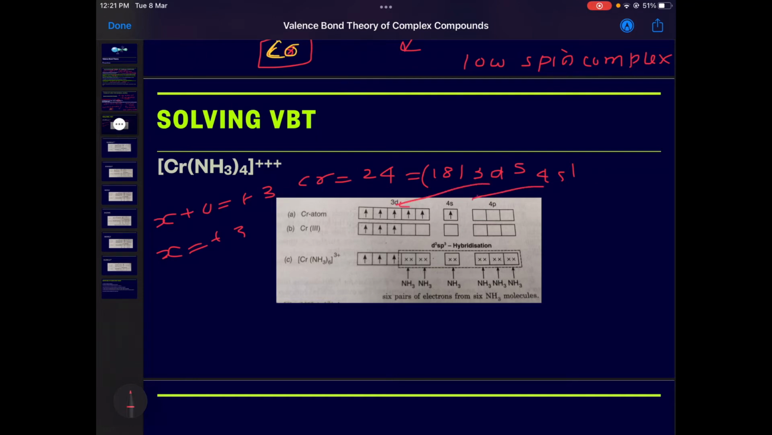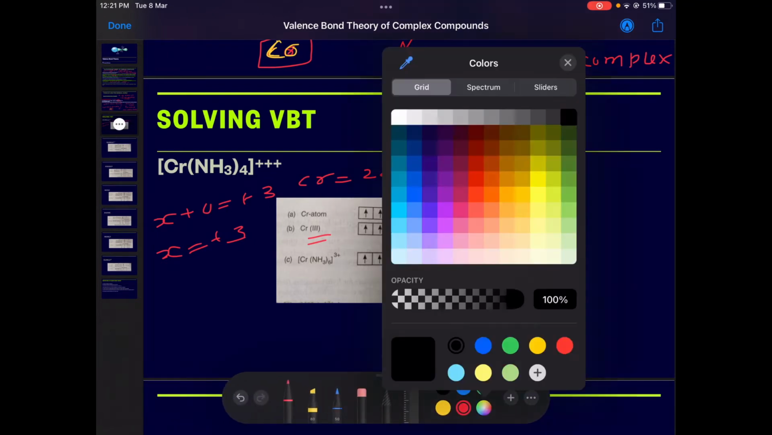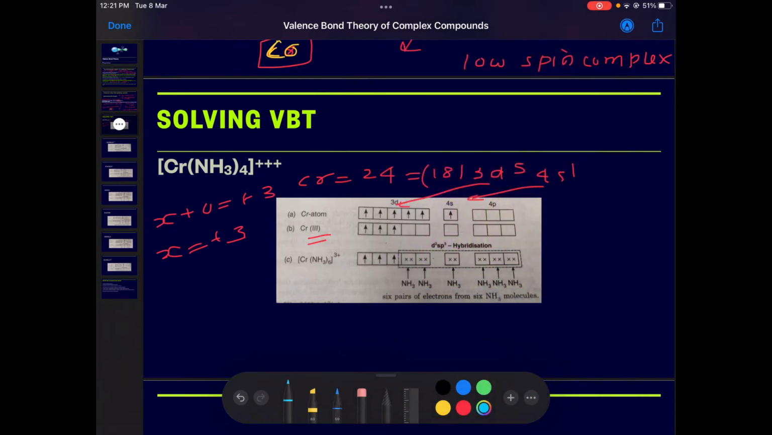3d5 is there, 4s1 is there. And with the plus 3 oxidation state, you have to remove all 3 electrons. So if I remove all the 3 electrons from here, this is 1, this is 2 and this is 3 electrons gone. If I remove these 3 electrons, this is becoming